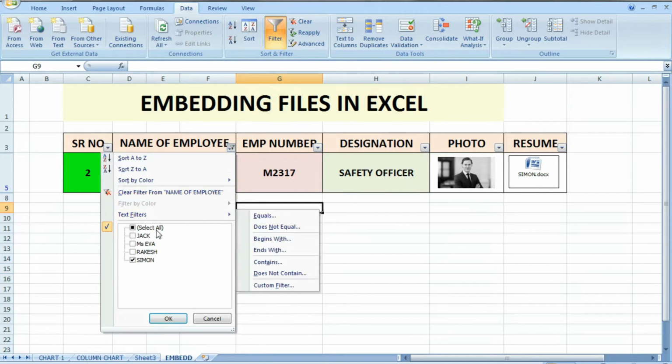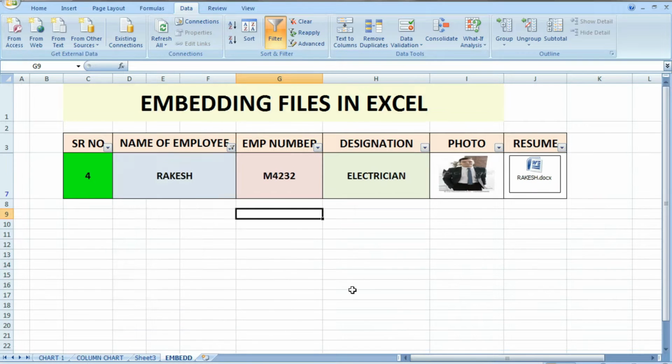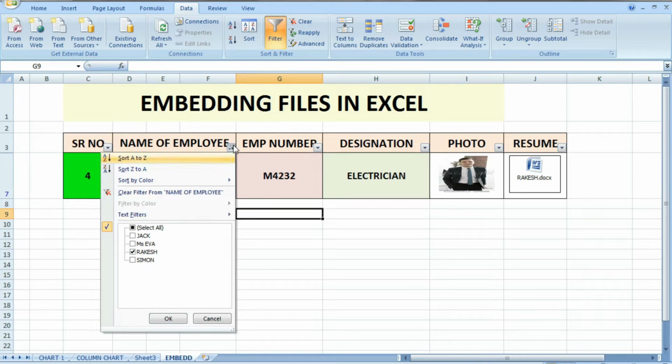Suppose you want to see the data of Rakesh. Here you can see a photograph of that person and resume, employee number, name, everything, and the serial number of that employee. So how you can do that, I will explain in this.